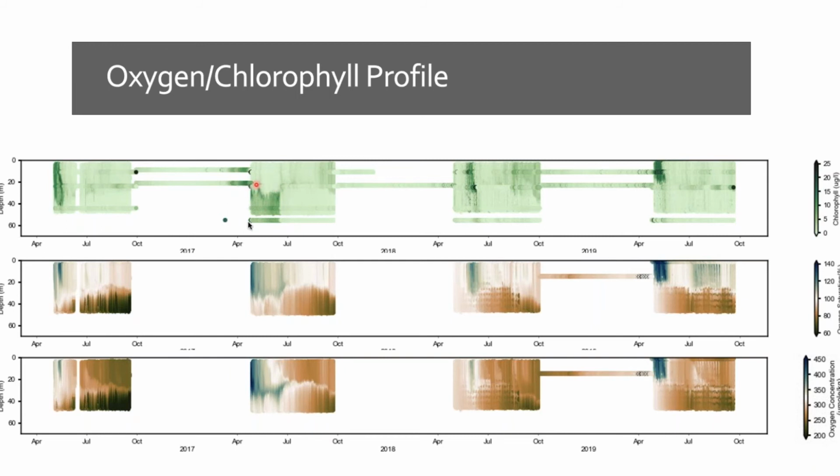But we see this feature here. Remember, this is the year that had ice. We see this feature here that if we had only had our standard chlorophyll measurements, we would have missed the top of it, and we would have just had the bottom here. So the Prowler has really opened up the ability to explore the spring blooms here and look at patterns from year over year. Same is true with oxygen.